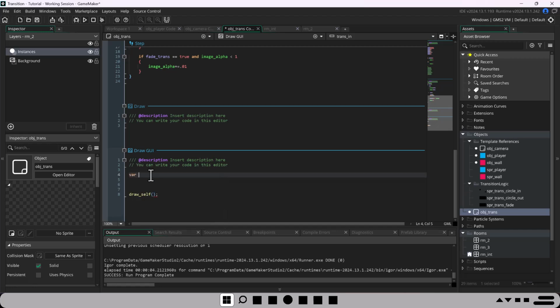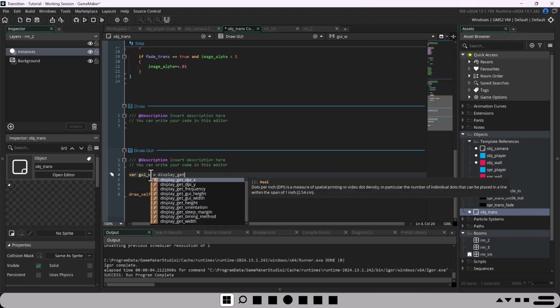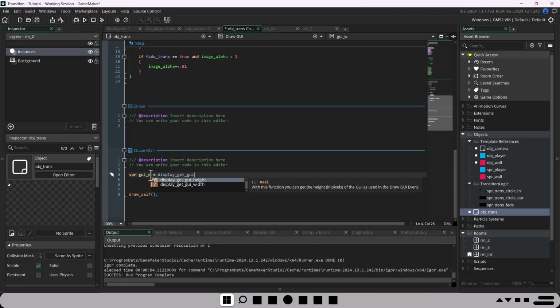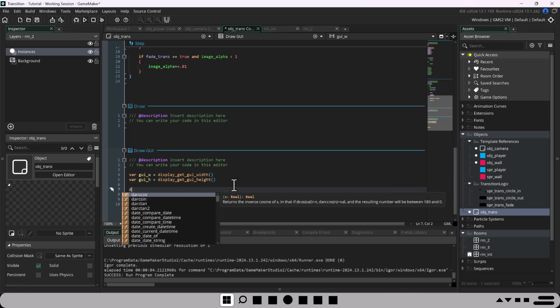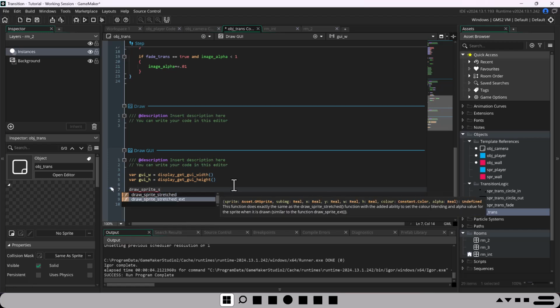What we're going to need to do is create two variables. We're going to call this GUI W, and we're going to use this built-in function called display get GUI width for W, and then GUI H for height, using display get GUI height. Instead of getting the width and height of the entire room itself, we're just trying to understand what is being drawn to the player, get that width and height, and then do some math and stretch out the transition. So the next thing we're going to do here is say draw sprite stretch ext, for extended,